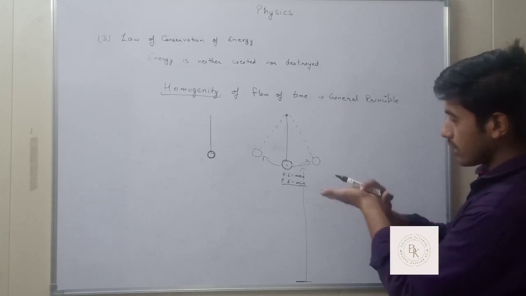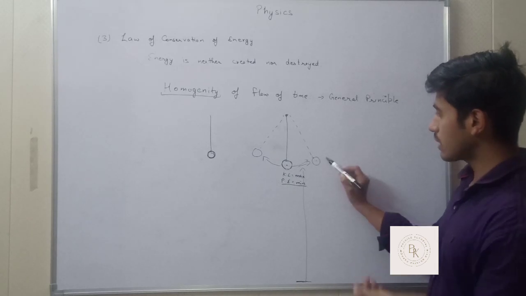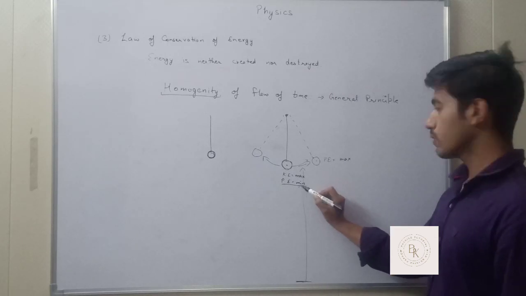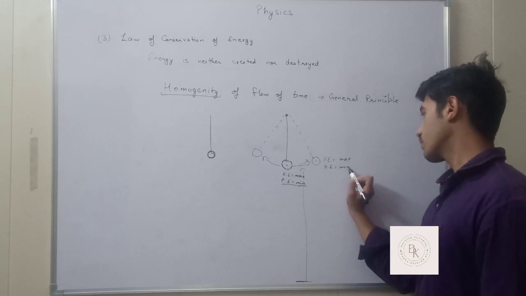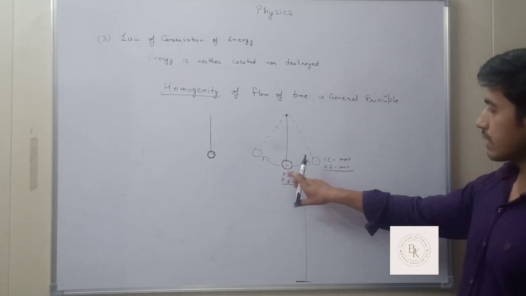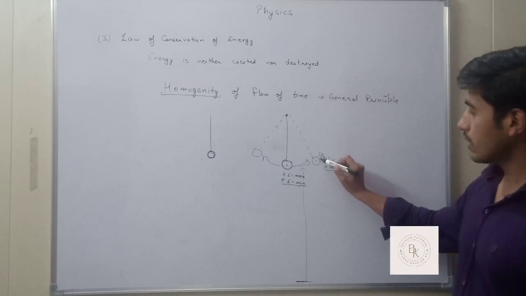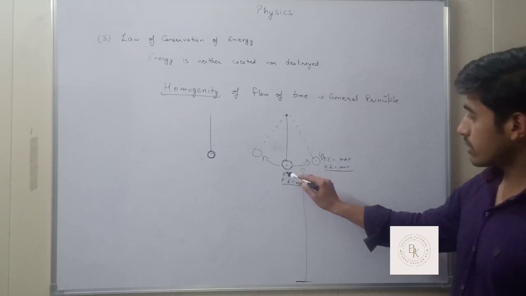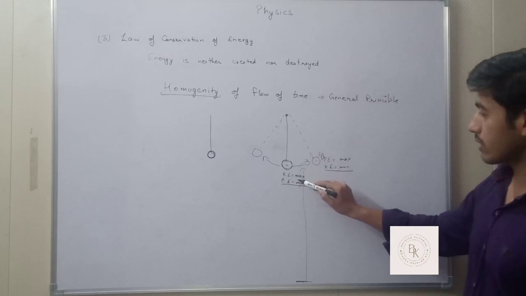When the height is increased, its potential energy increases. So here we can say its potential energy is maximum. Here is minimum, and here the potential energy is maximum and the kinetic energy is minimum. If there is some velocity here, it gets reduced to 0 when it is here. At the point B, the kinetic energy becomes 0 because its velocity gets 0. But at this stage, the kinetic energy is maximum.